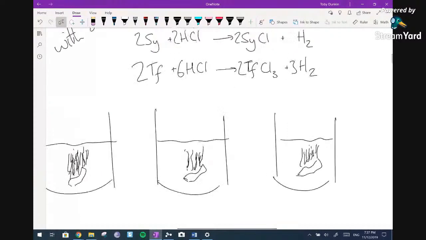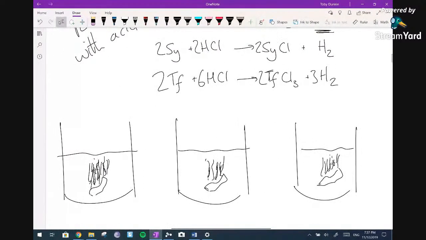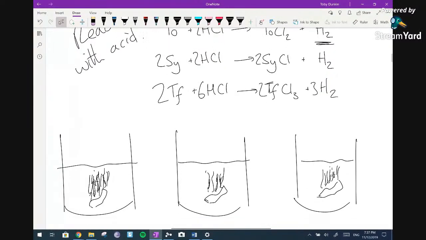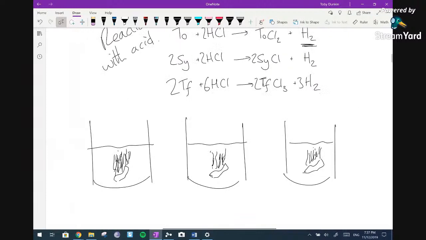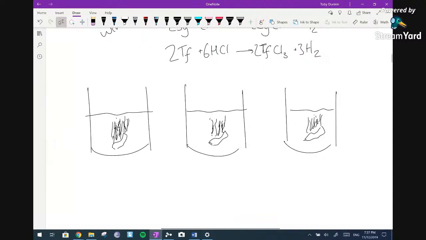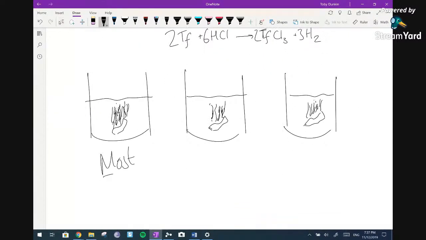Yes, I'm group 2. Cyanium is group 1, but we don't know where in group 1. And tifonium's in group 3. So again, this one clearly is the most reactive, very obvious, violent bubbles. But these two are still tough to separate. So now